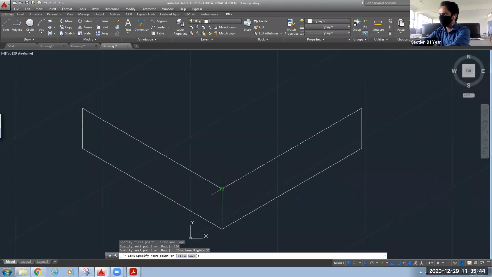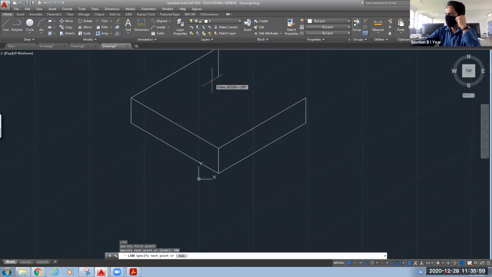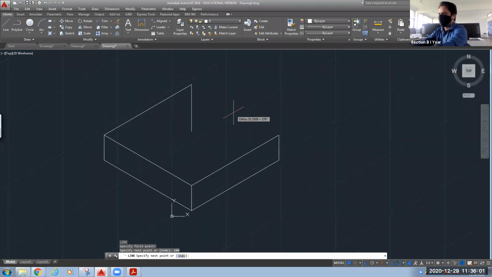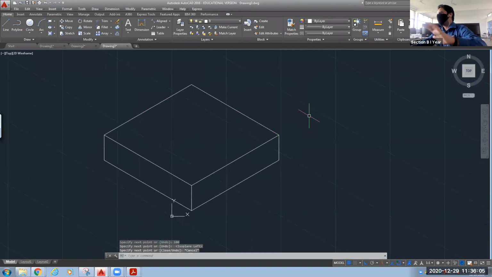Close this. Okay. Now on this side, 100, and close this. Okay. So this is the box representation.